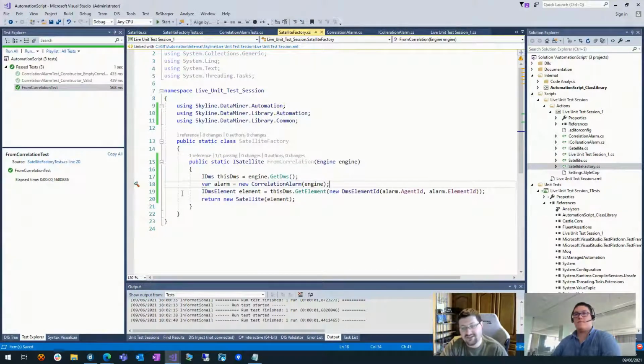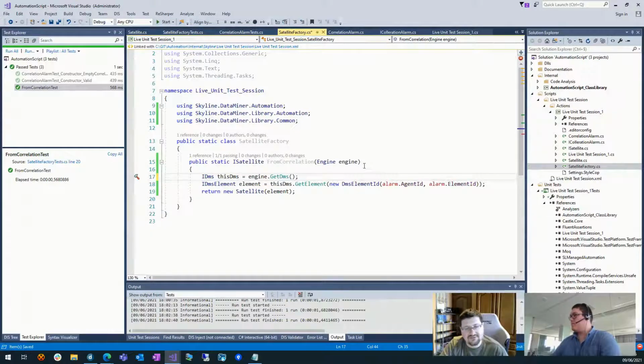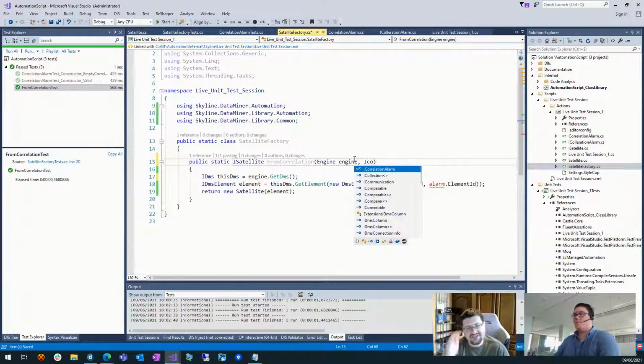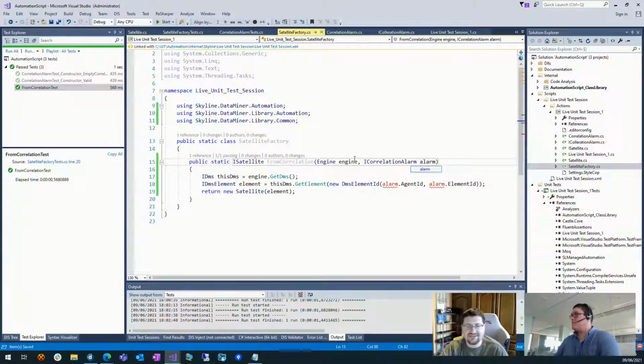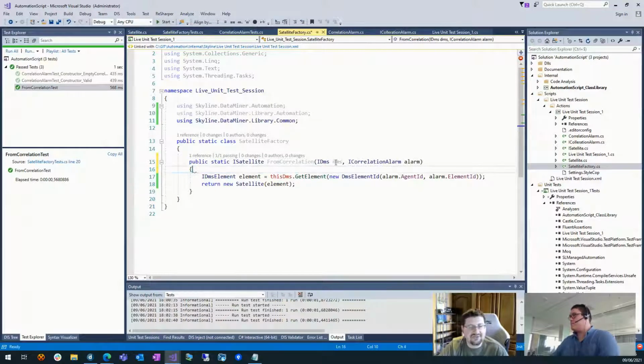So to avoid that, you do an inversion of control technique, which is dependency inversion, which was the original thing we had. Now, when you're designing things, kind of by default, that's kind of how you already are in there. So naturally, you would provide it with your alarm. And instead of engine, naturally, you would actually say, well, I just need the IDMS, DMS. And then that way you don't even have the engine.